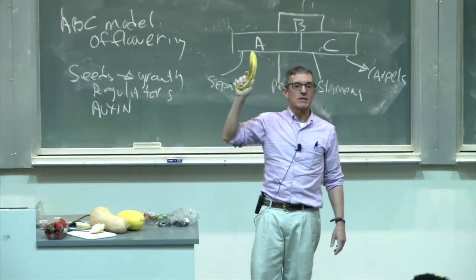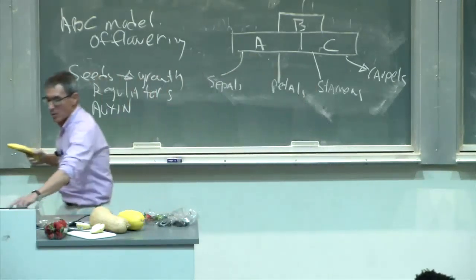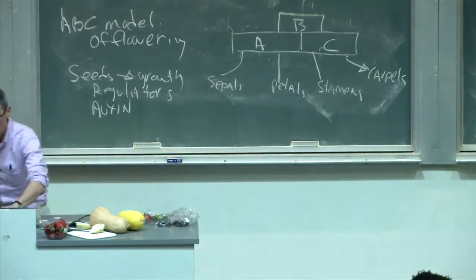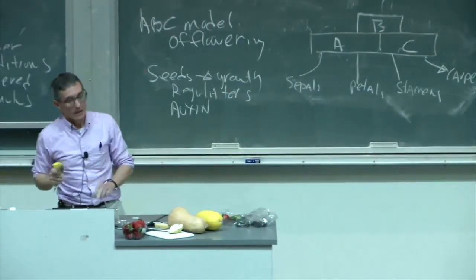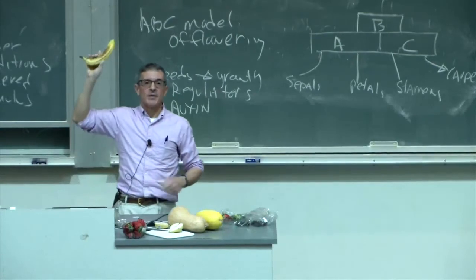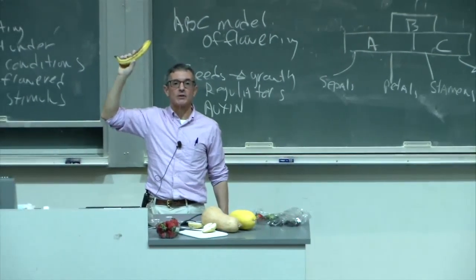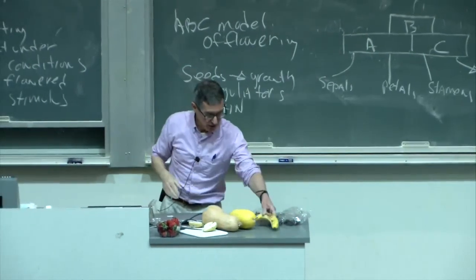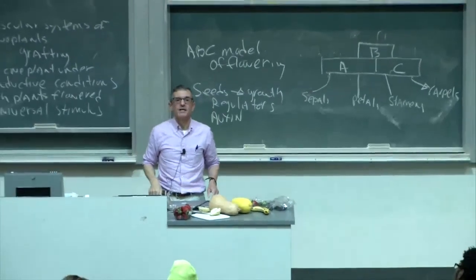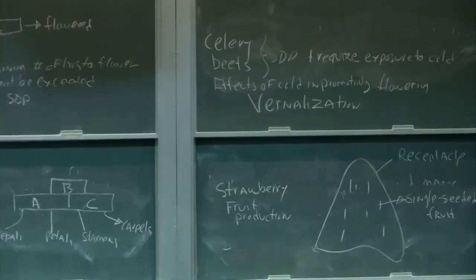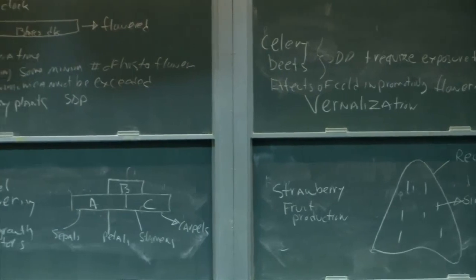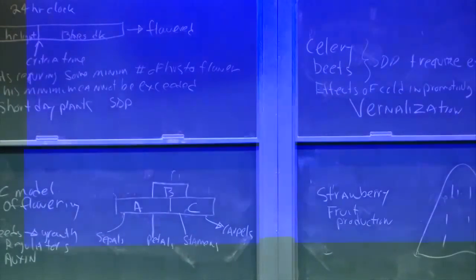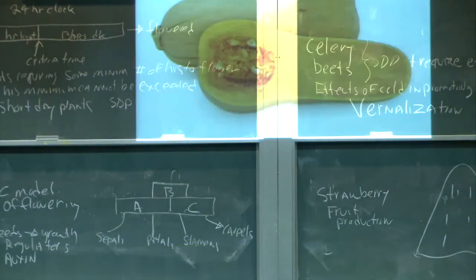As you will see from the slides that I'm going to show you in a moment, in fact, many fruits like banana actually can make seeds in their natural environment. Let me show you some pictures now of seed and fruit physiology with regard especially to auxin. Okay, as soon as this goes on here, sorry.